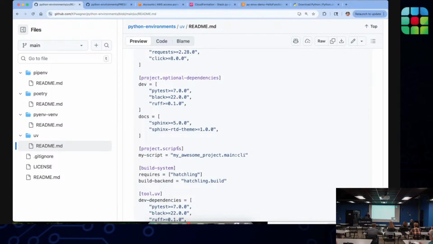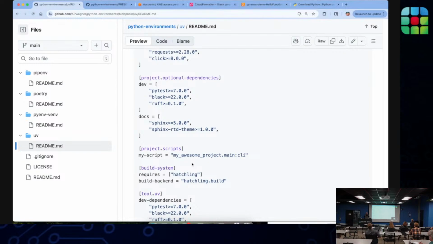And I didn't mention this, but I know that UV, Poetry, and pyenv also all support a scripts section, which can be handy. This would be comparable to if you've worked in Node, how you might set up a script section to say test. So you can do, in that case, npm or npx test, and then you can define what test will actually invoke.